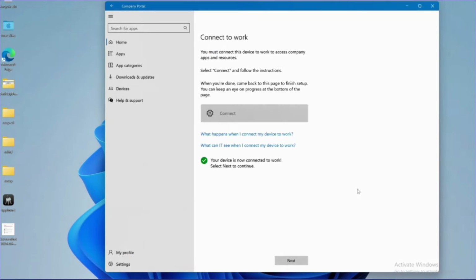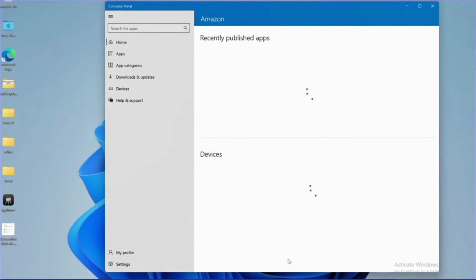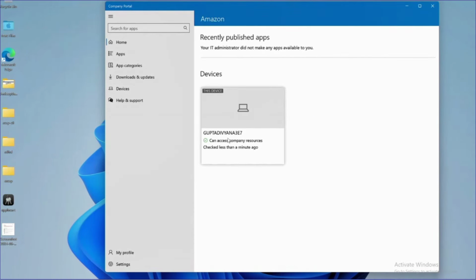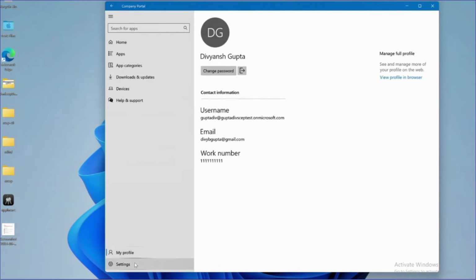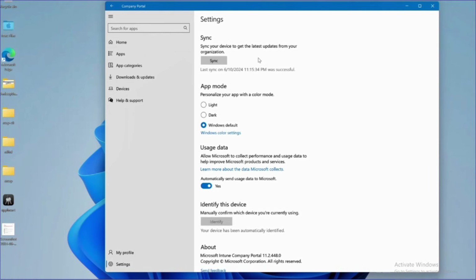So I'm going through this wizard, hit next, and it's saying I am now enrolled. So I'll hit done. I can see this device is enrolled. And if I go to settings and sync, what I'm hoping to do here is actually pull down the two configuration profiles that we created. It said the sync was successful. What that means now is if I look in my